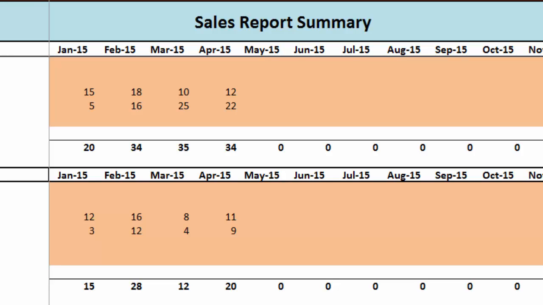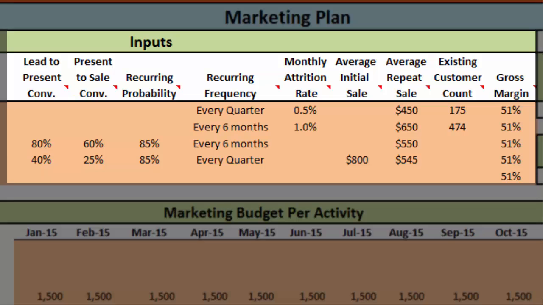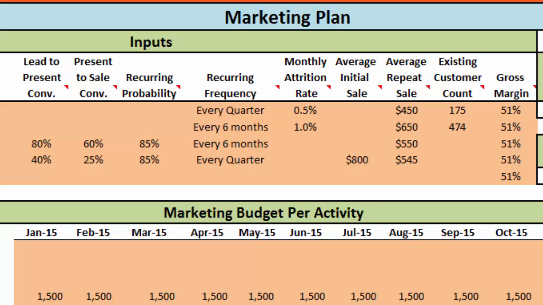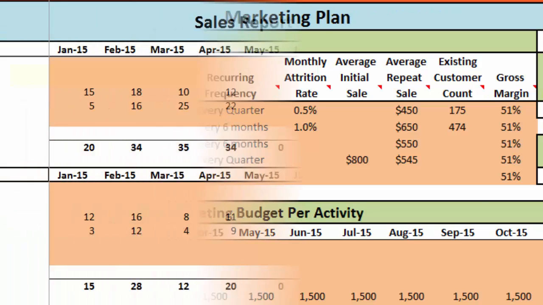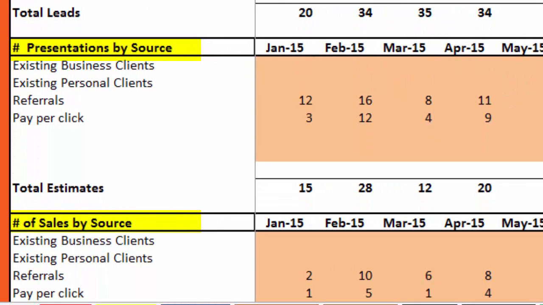Using the Sales Report tab will validate or correct your input assumptions on the Marketing Plan tab. It was mentioned on the Marketing Plan video that there is a natural tendency to assume inputs are better than they are to make the plan create favorable results. By tracking your leads, presentations, if you have them, and your sales, your marketing plan will become increasingly accurate with